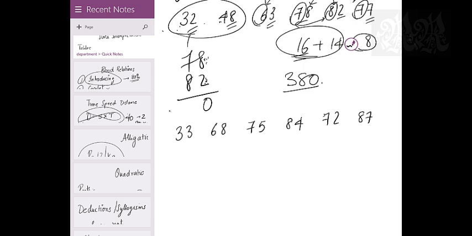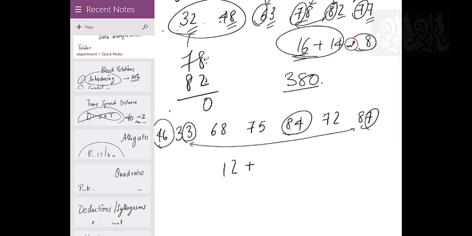Okay. Let's see what all we can merge. Let's say I have one more number, 46. What all can you merge? You can merge 87 and 33, 3 and 7 at the back. So 8 and 3 is how much? 11 will become 12 plus. You can merge 46 and 84. 8 and 4 is how much at the start? 12, 13. You can merge these two, 8 and 2 at the back, 14. And 7 will keep as it is.